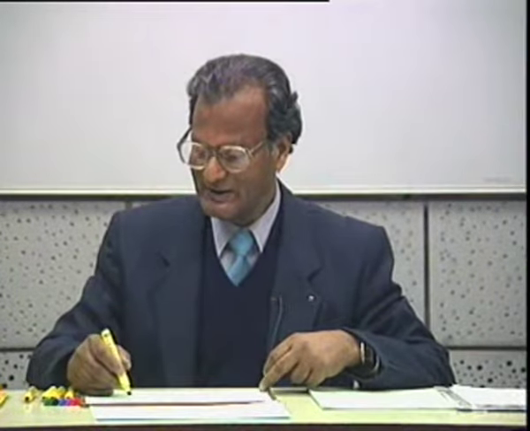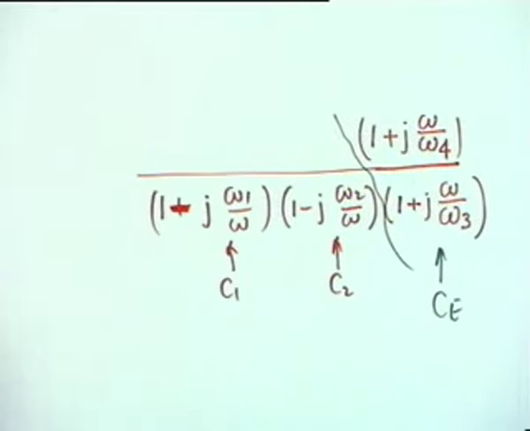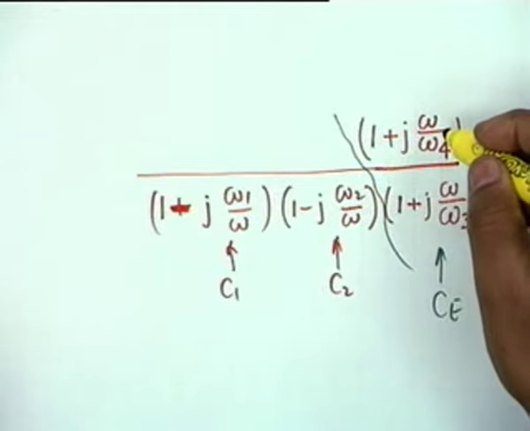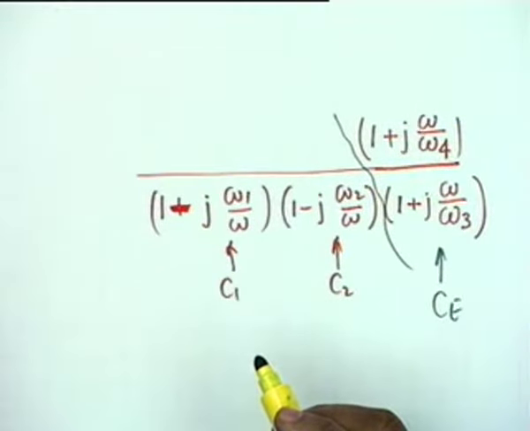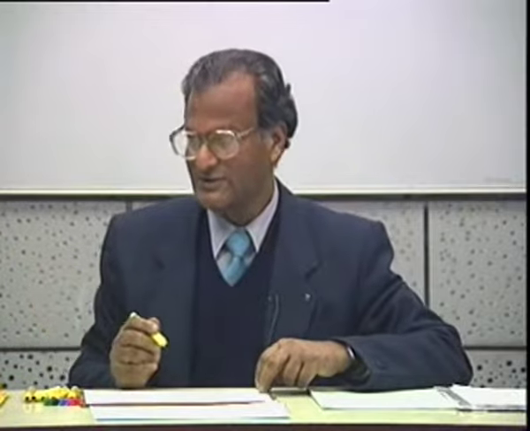Because CE comes in shunt, it goes to ground, it should have a low pass effect, and this is what is expected from this. On the other hand, CE also creates a 0 because it's not pure low pass. The gain is neither 0 at infinity nor at the origin. So it's neither a pure low pass nor a pure high pass. In fact, it's a combination, as we shall see.